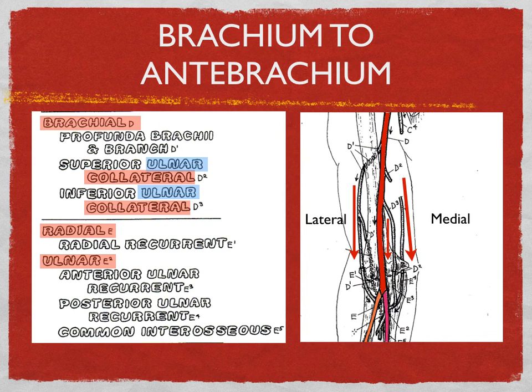Now, what's interesting here too is that we then have branches down below from the ulnar and the radial artery, and you can see the several that are here that actually branch in a reverse direction. And I think you can see all the recurrent terms there. Recurrent, recurrent, recurrent. That's referring to the fact that the artery comes out from below and blood is flowing backwards or flowing up